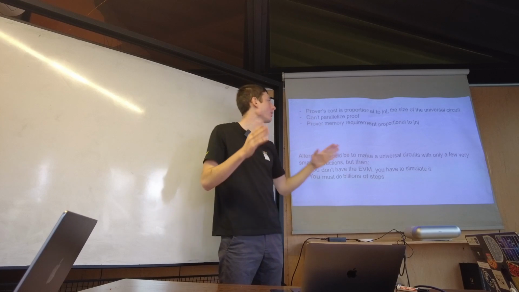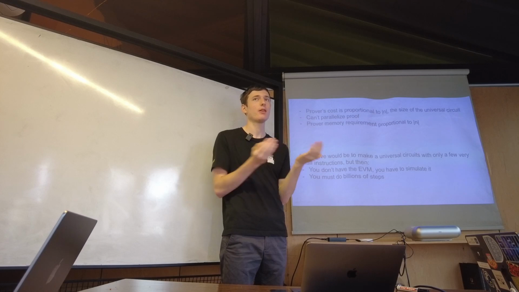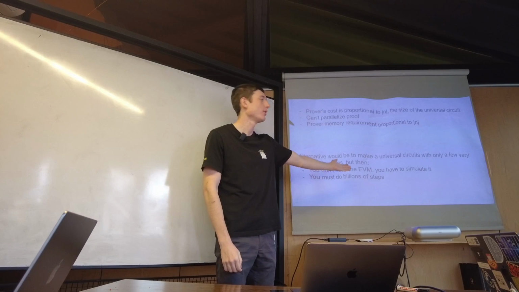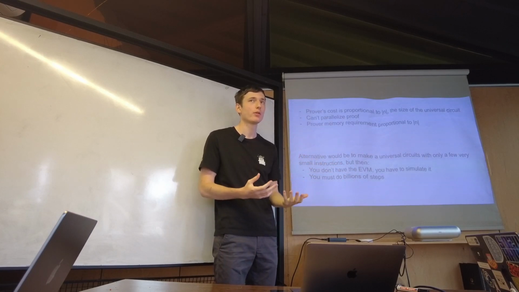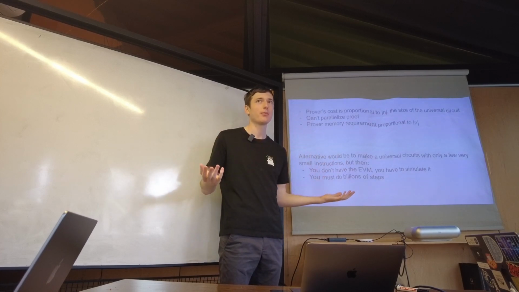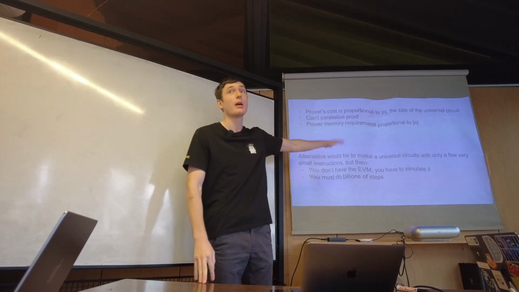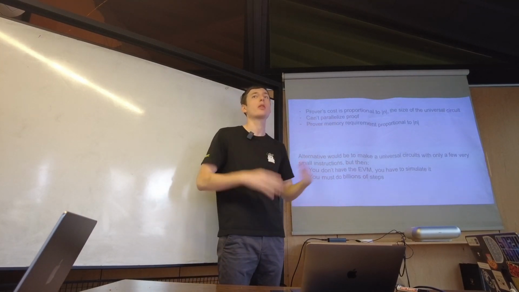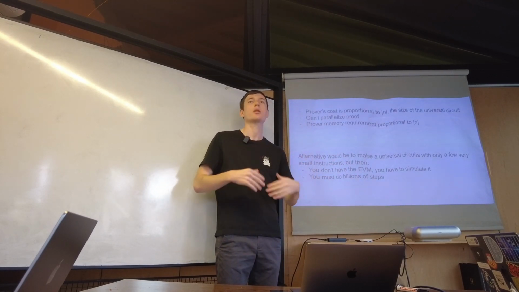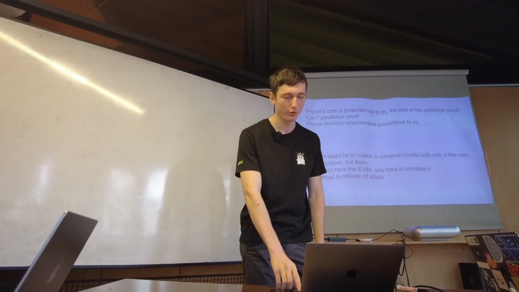Okay, so maybe you could think, let's do a universal circuit with only a few small instructions. That would make it smaller, it's true, but it wouldn't be that good, because you wouldn't have, for instance, the EVM; you would have to simulate it with fewer instructions. And as you have really small instructions, now you have to make billions of steps for a small program. And before, there was no better way to do that. For instance, there are papers by Eli Ben-Sasson, before he was even working on STARKs, asking how can we do that? Before the EVM even existed, it was about simulating traditional VMs. But there was no better solution.